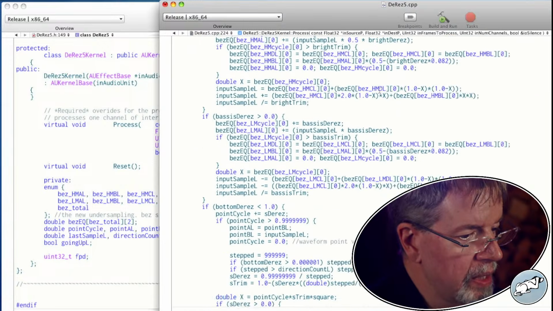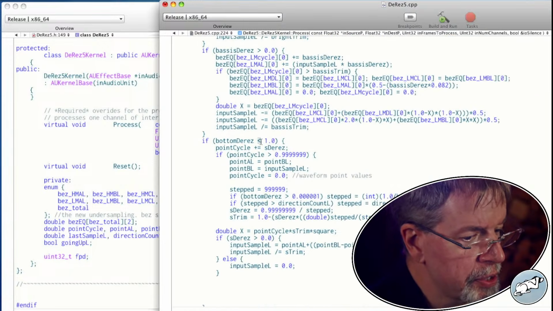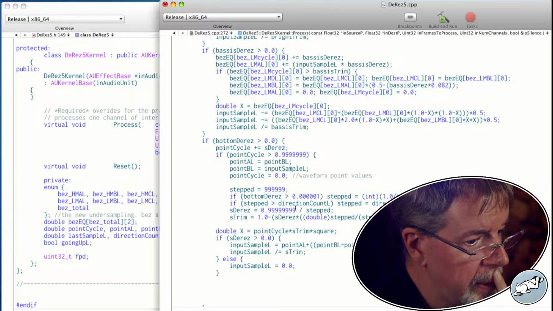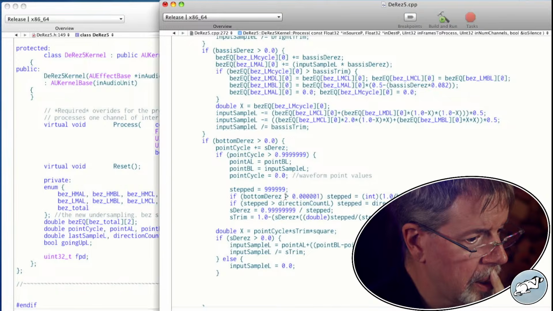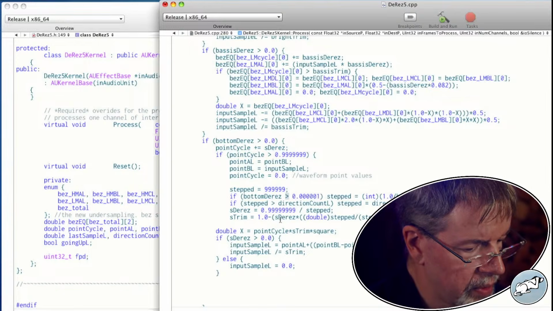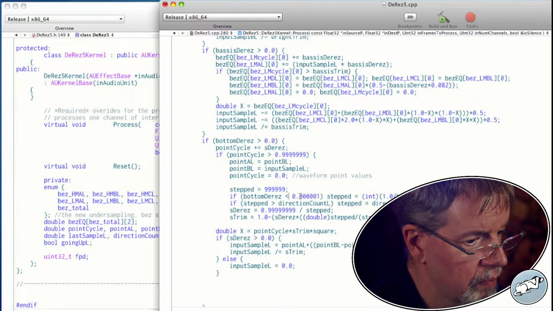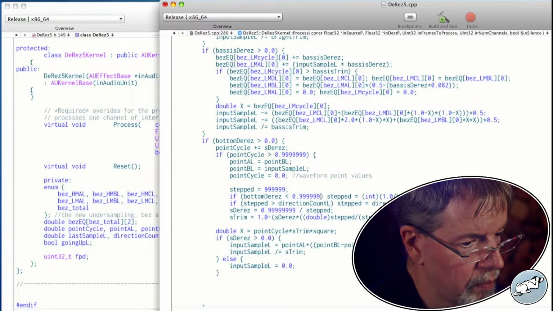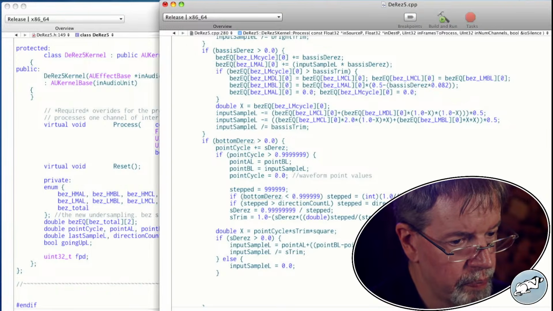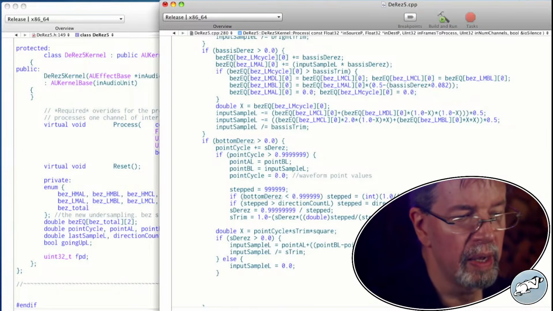Boom. Now, this needs to be reversed. And this needs to be reversed. And this needs to be reversed. There.